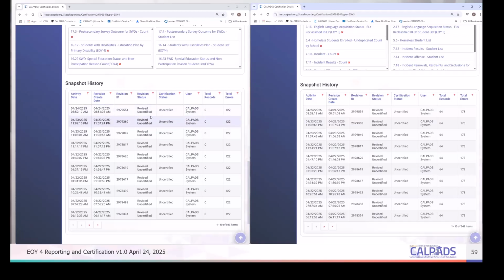But worst comes to worst, push comes to shove, you have that frozen set of reports that you can certify at any time. I would also say if you are getting down to the wire, certify what you can. We're asking you to sync your snapshots and your revisions, but if it's not possible, you need to certify what you can. It's a request. Next year, we're going to combine everything, so we won't have to make this request. But that's what we're asking.